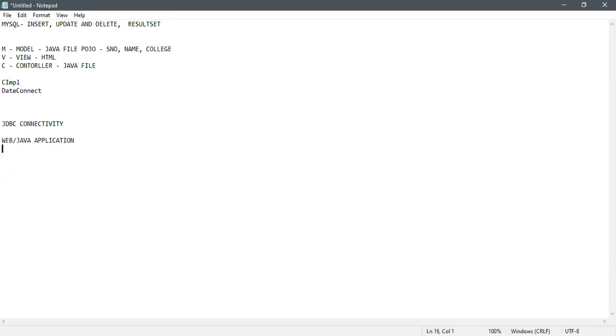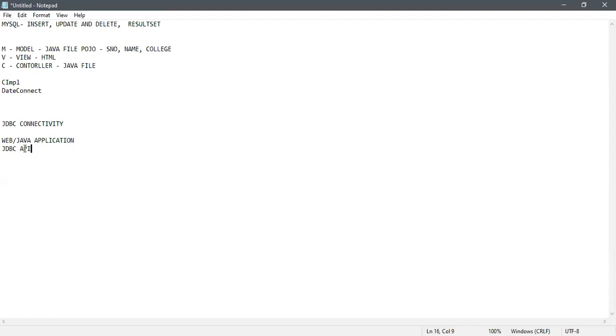The next one is the JDBC API. So what is this JDBC API? You already know this, right? JDBC in the sense Java Database Connectivity. API in the sense Application Program Interface.